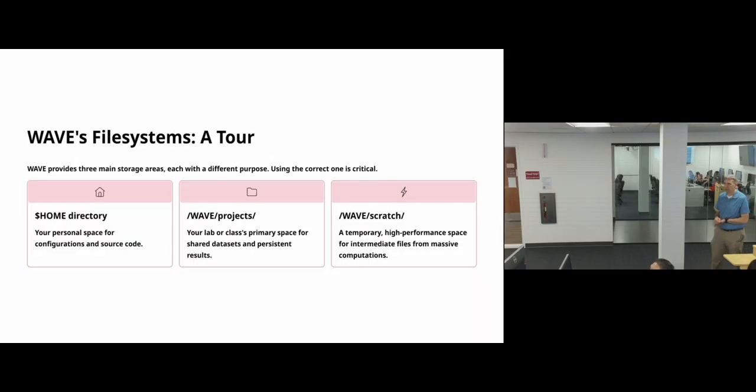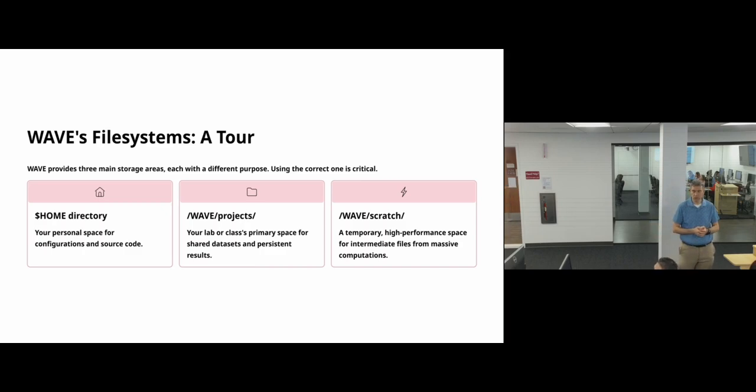So you have, by default, when your account is created, you get access to 3 different file systems. One is your home directory, right? So that's $HOME, capital HOME.